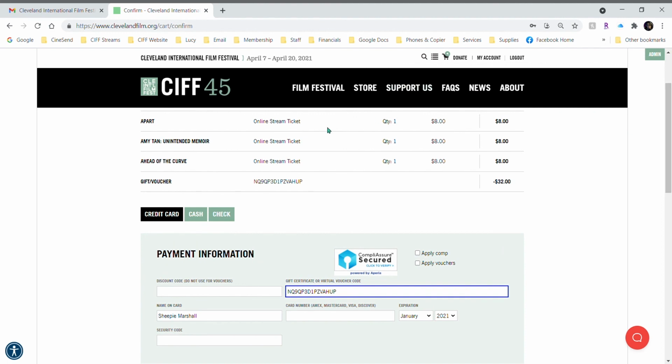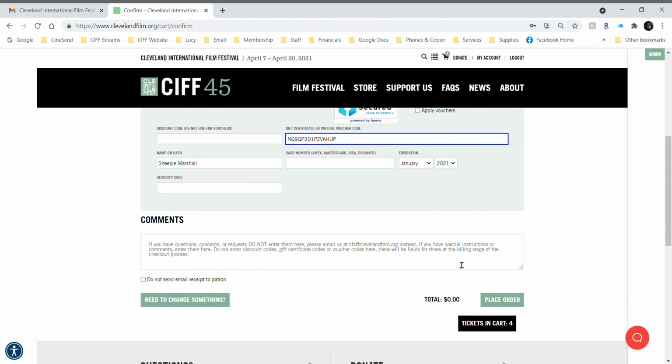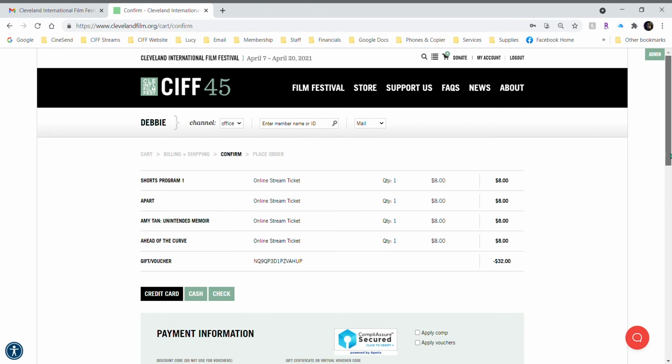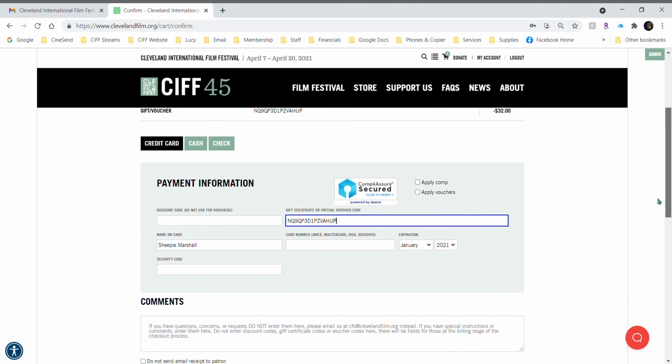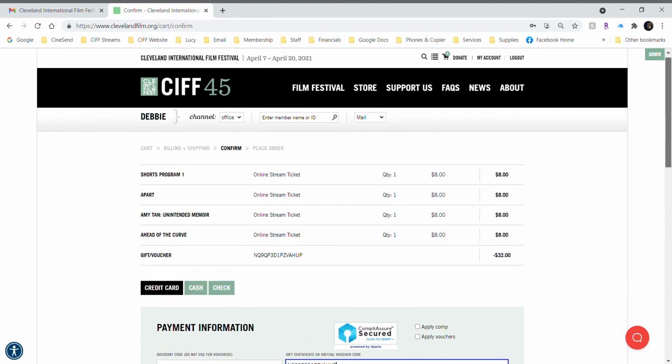If you had put in, let's say, 10 tickets, and then you added another ticket and you tried to redeem 10 of those tickets with a virtual voucher code, that 11th ticket would be reflected up here at the regular price and reflected down here in the total. However, you'll notice our total is 0 because we haven't added enough tickets to redeem the virtual voucher code in full. So this means that virtual voucher codes can be redeemed across multiple orders up until they are redeemed in full for the amount of credits that they are valued for.